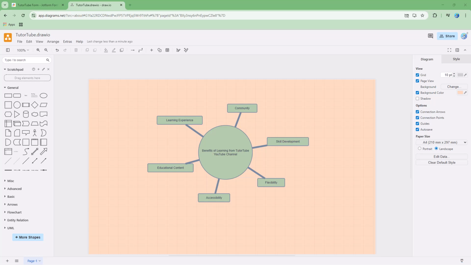So over here, you can see that I have a diagrams.net diagram opened up. And let's say what I want to do is embed this diagram in my Jotform. If you want to learn more about diagrams.net, you can check my tutorial playlist on that as well. But anyways, in order to embed it in Jotform, you need to go to the